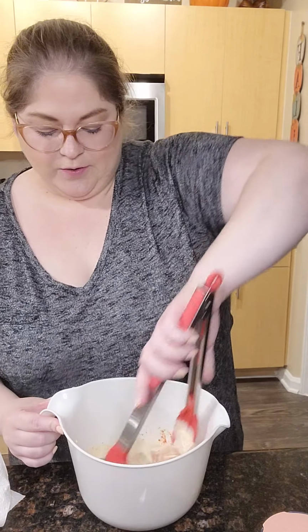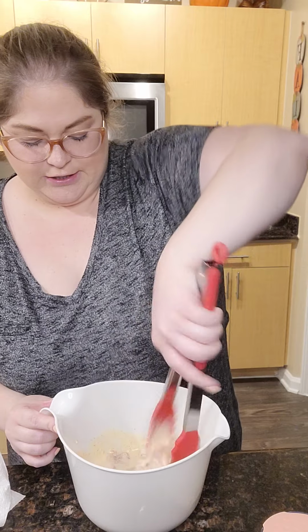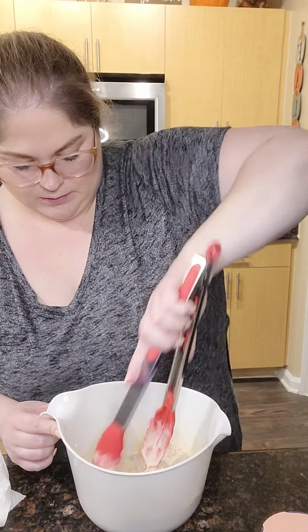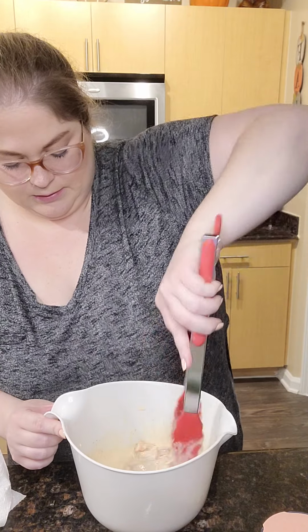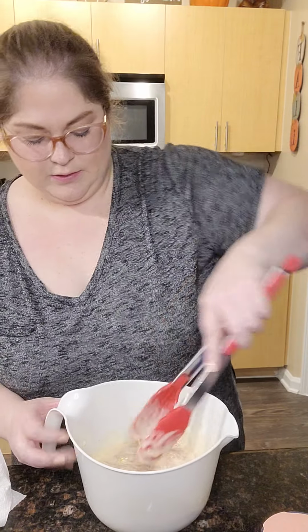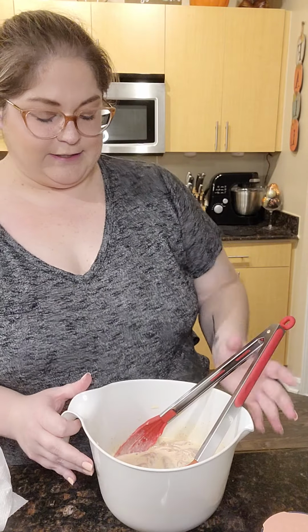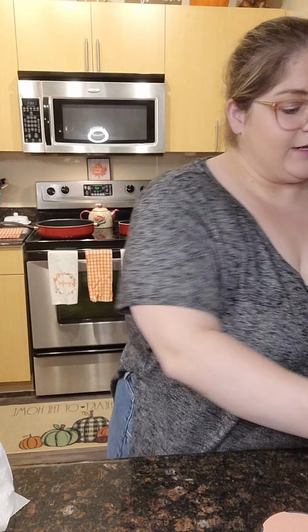Alright, I got my chicken all cut up into the wet mixture. So I'm just going to go ahead and toss that chicken in there. Get it all nice and coated. Okay. Looks about like that. And then now I'm just going to go ahead and set the chicken aside to let it soak in that marinade for a second, while I go ahead and get my dry mixture prepared